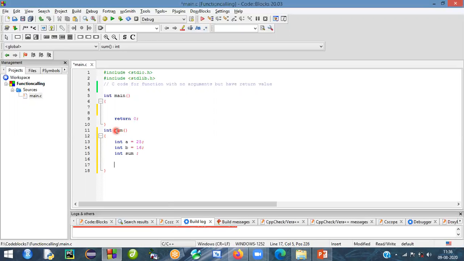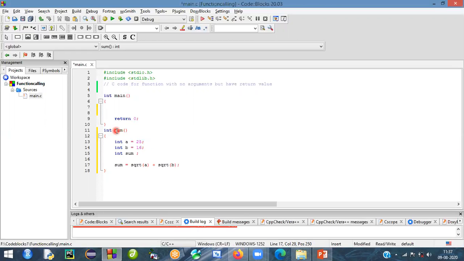First I am going to find the square root of a and the square root of b, and then add those two. Again, I am going to place those values into the sum. That's why sum is equal to. There is a function called sqrt for the mathematical square root: sqrt of a, plus, again, you take the square root of b, you take b, semicolon. That's it, very simple.